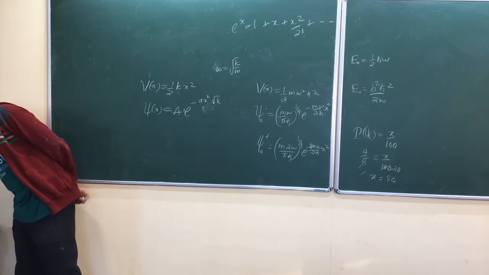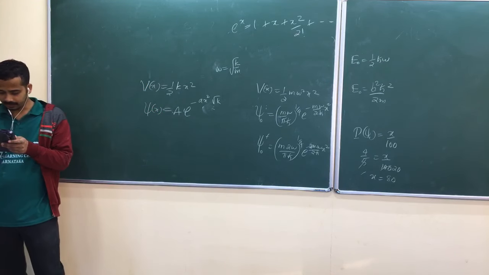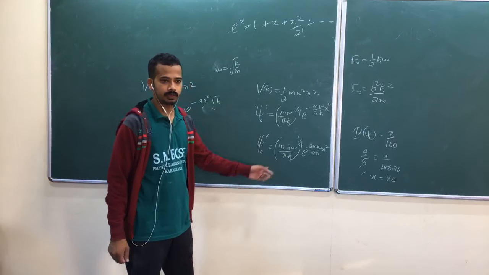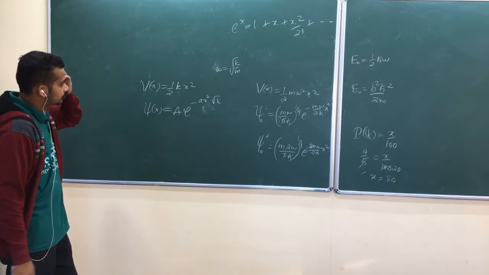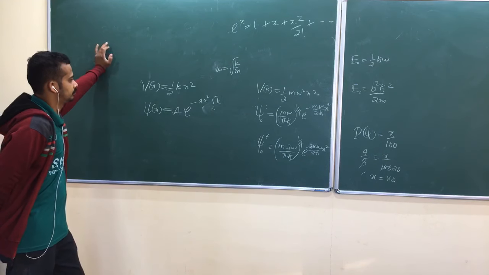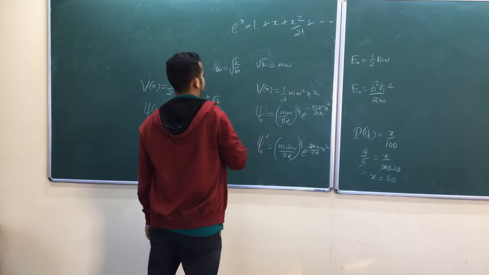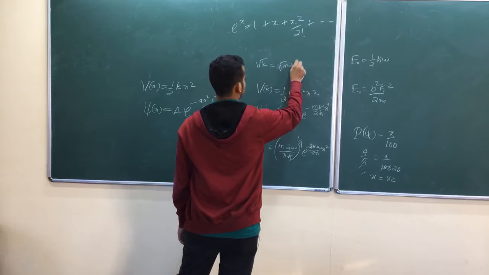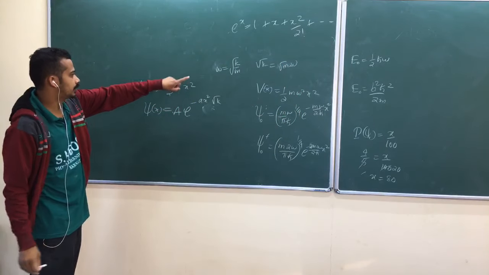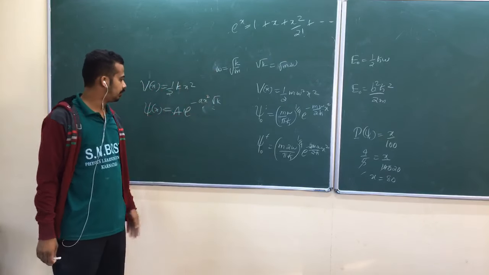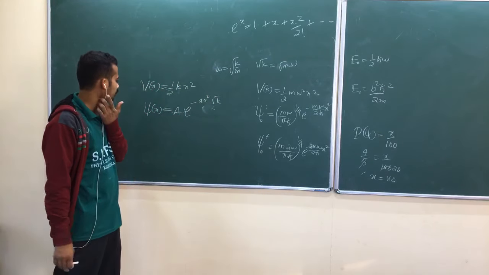Born interpretation, initial state into final state. What did he ask? Probability of getting ground state, am I right? This is the ground state of the new harmonic oscillator when omega is doubled. You can use this one. Root k is equal to m omega, root m omega. Okay. If you put k here, root k the whole square becomes again m omega square, half m omega square x square. But when I normalize,